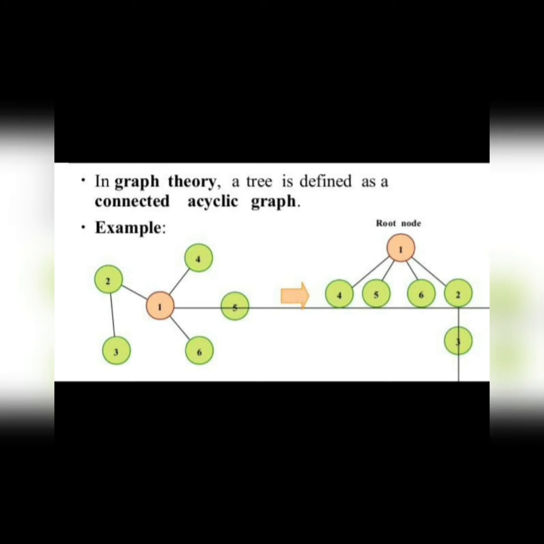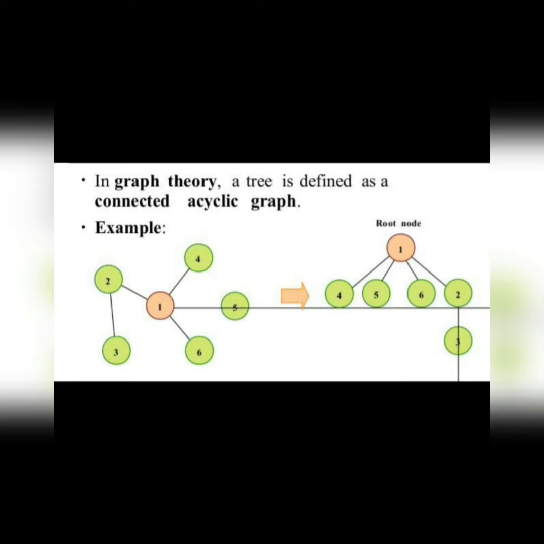Welcome back. Today we're going to discuss a few more topics which fall under the basic things in graph theory. First of all, let's have a look at what a tree is, then when we say that two graphs are isomorphic, and later we'll discuss what a bipartite graph is. For the last topic, we'll cover what an adjacency matrix is in graph theory and what we mean by an incidence matrix. These topics will be covered in this video.